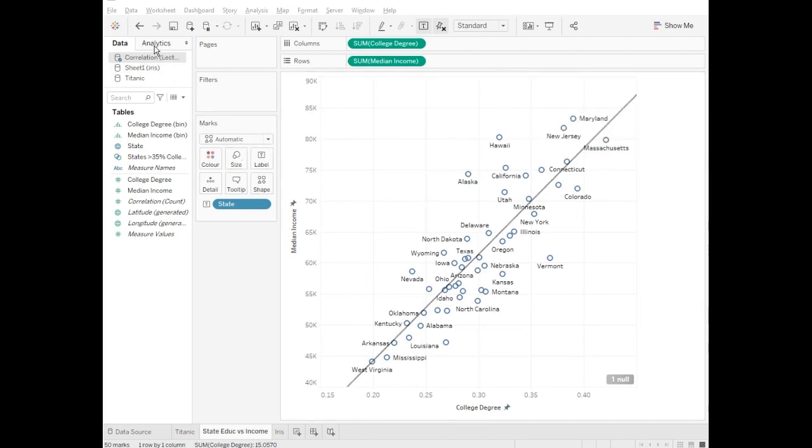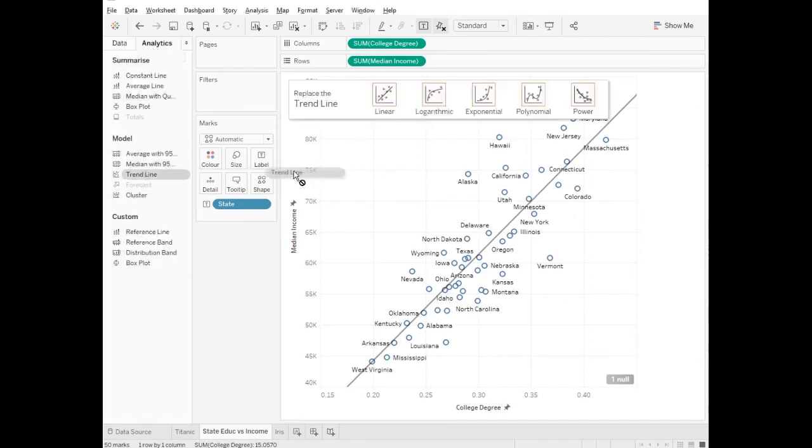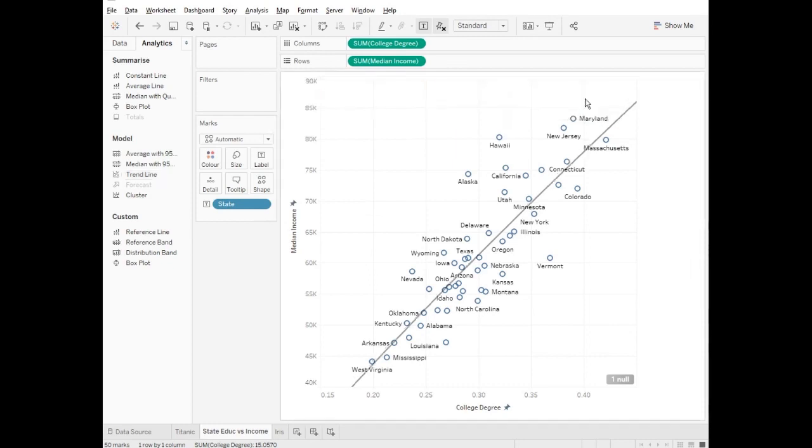Let me go to analytics once again, and I'm going to drag in a trend line. What Tableau does is it gives you the options of the kinds of trend lines that you can draw. And instead of linear, which is what this one is, I'm going to now do power. And what it does is it replaces the previous trend line with the power trend line, and it's giving you the